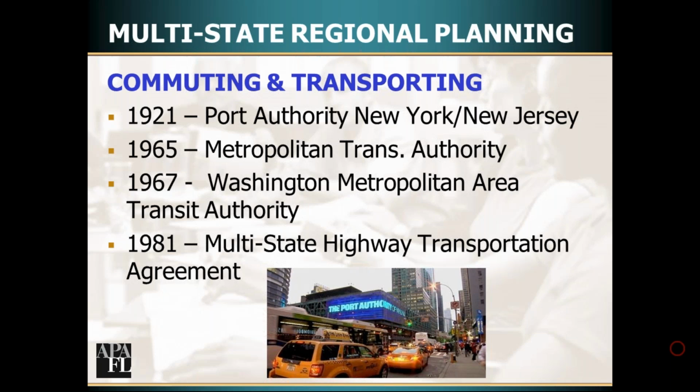The oldest one was the Port Authority in New York, New Jersey. Remember this when Christie was all involved and things like this, but they control, there's a multi-state organization that controls what goes on in terms of the bridges, the airports, the ports, this whole thing in that area, all right? And that's the oldest one. That has come up on the exam sometimes. There's other ones, Metropolitan Transportation Authority, the Washington Metropolitan Area Transit Authority, multi-state transportation agreement that's done out in the West.